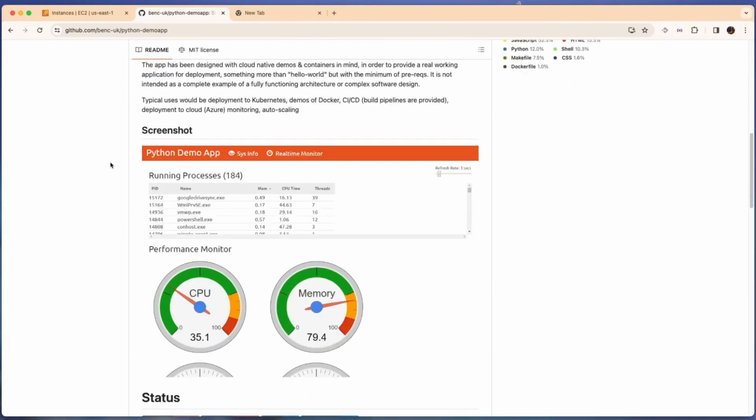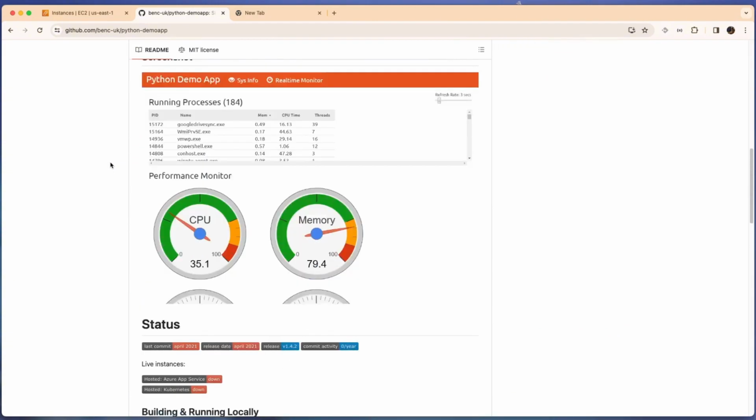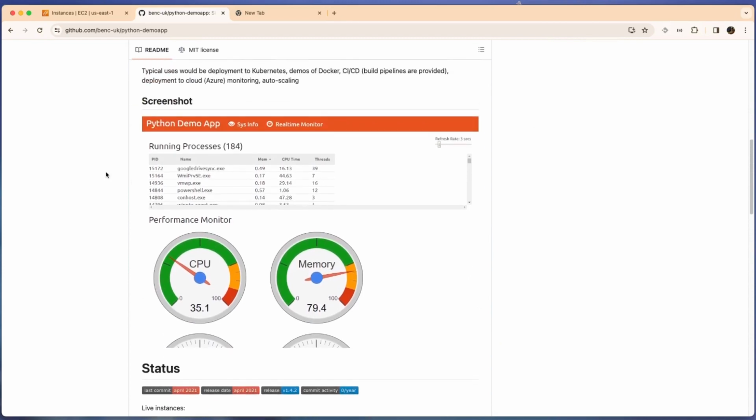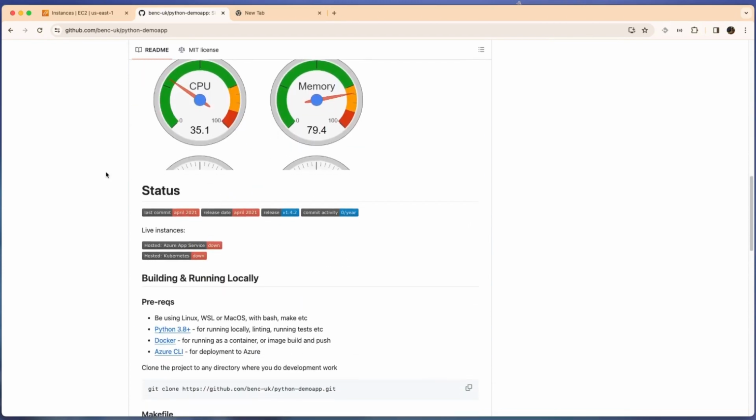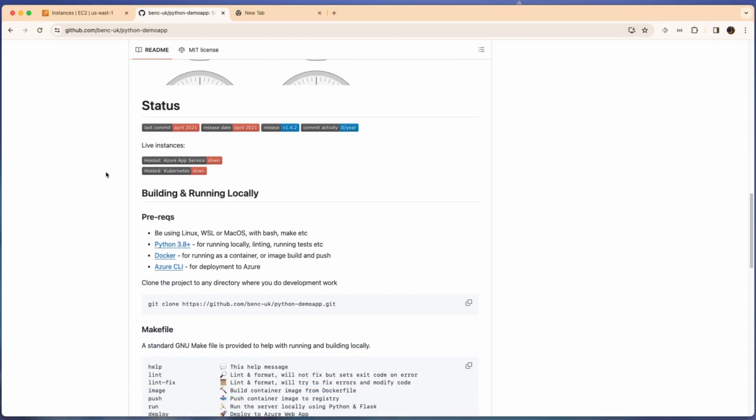So basically it will show our server, and we use the info menu later on to see our 2 or 3 Docker containers. So we use this command to pull the image from the Python demo app.